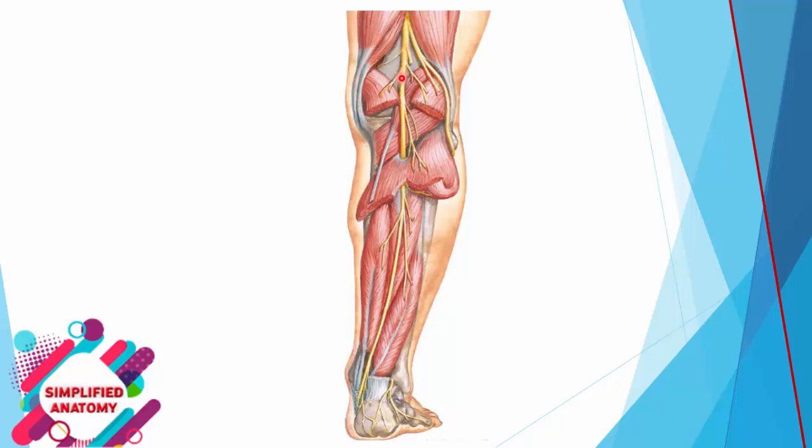This diagram shows the popliteal fossa and its nerves. This is called the tibial nerve that enters the back of the leg, and this is called the common peroneal nerve. Who can identify this muscle? This muscle goes laterally, so it is biceps femoris. These two muscles go medially. The superficial one is semitendinosus, and the deep one is semimembranosus.